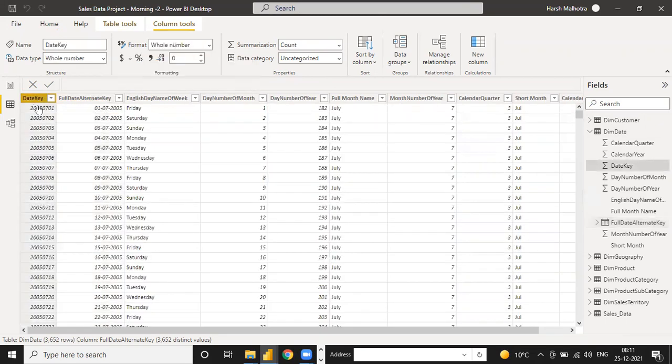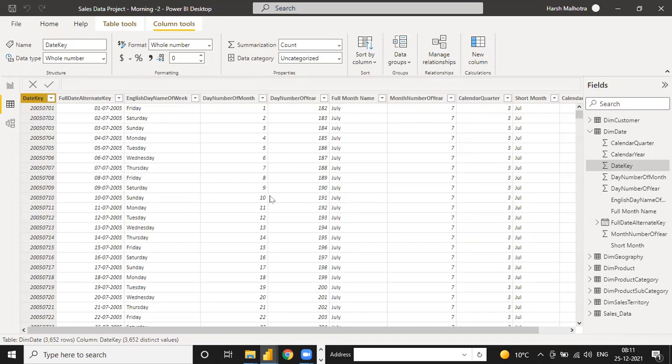And what is a date key? Date key is a merging of all the date parts without any delimiter. It is just a data type where you have merged the complete date without any delimiter. So it is just a date order, date key. It is just a format of your date, nothing else.